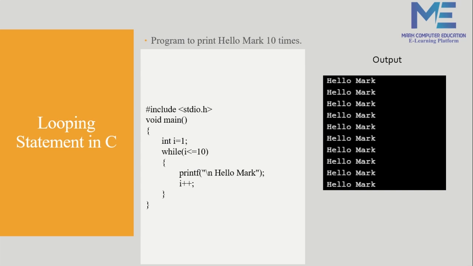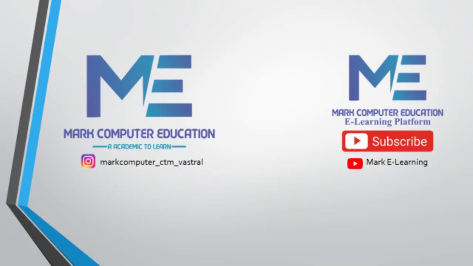So we have learned what a nested loop is and what a while loop is. If you want to grow your skills, then do the practicals given in my description. If you have any doubts or problems, comment or you can also mail me. The ID is given in my description. In the next video, I will show you how the nested loop and the while loop work. If you have not seen the video on the for loop, go to the description, the link is available, and learn it. If you have any doubts there also, you can comment.